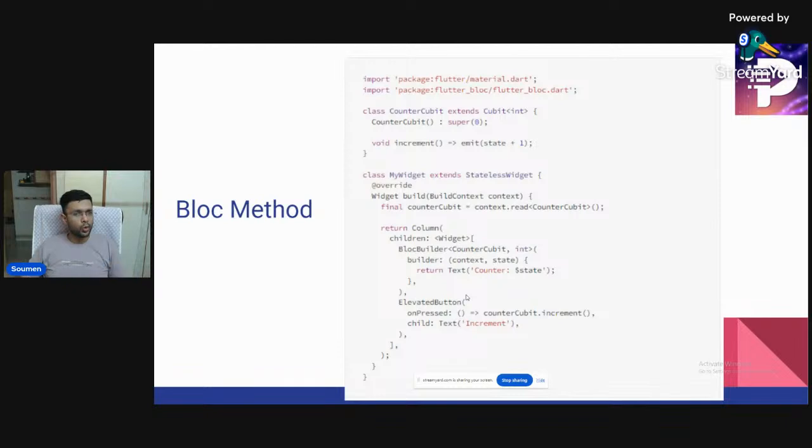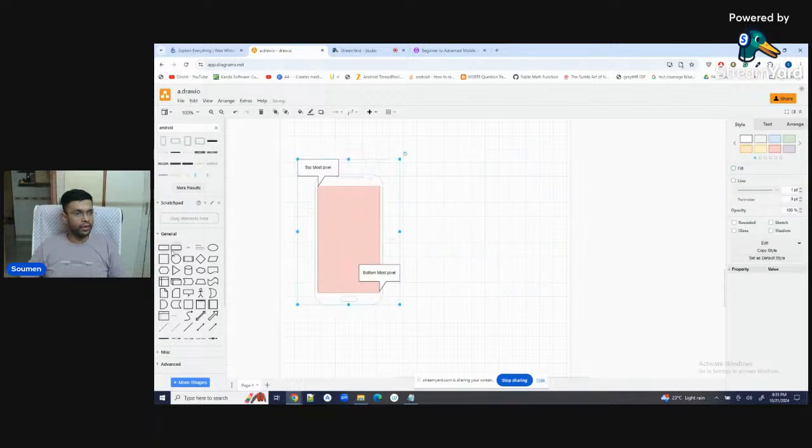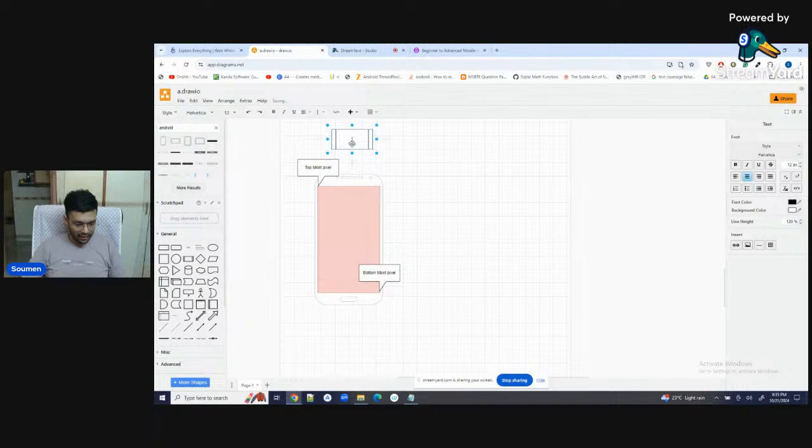Now, the same code is well optimized here, because when you're clicking on the button, this time you are not going to do any kind of stateful widget implementation. It's a stateless widget. So how does it communicate, or how does it increment and show the value? Because now when you add this increment, only the builder gets recomposed. That's equal to, if this is the technique in which you have your entire built-in functions,